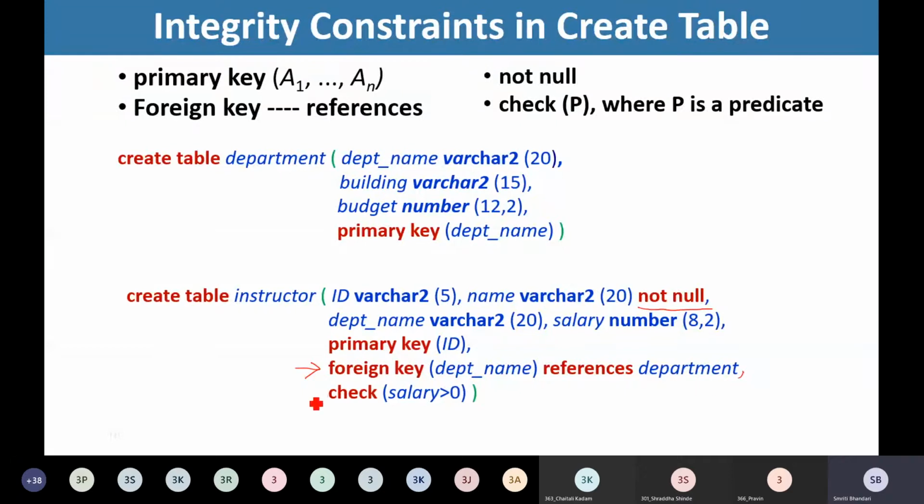Also, we are providing one more constraint. See here, check constraint. So check salary greater than 0. So this is our predicate. So we are checking whether salary is greater than 0. So if we are providing salary equal to 0, or if the salary value is negative, such kinds of values will not be accepted. So usually this check constraint is for validating our data,